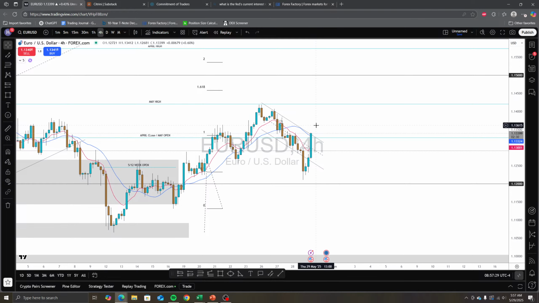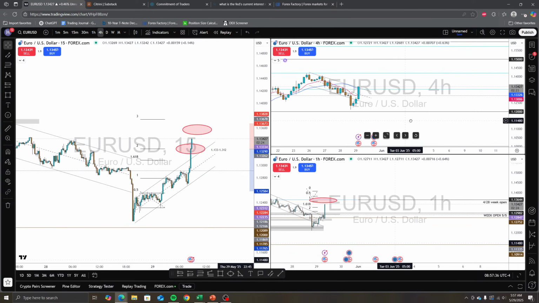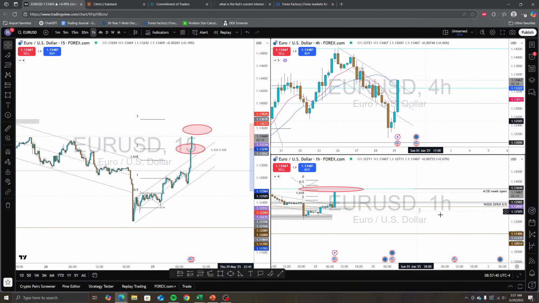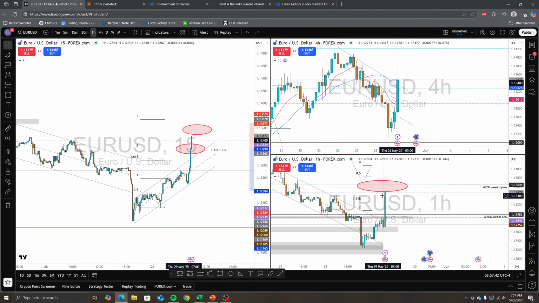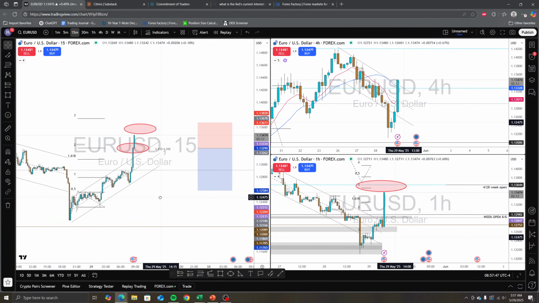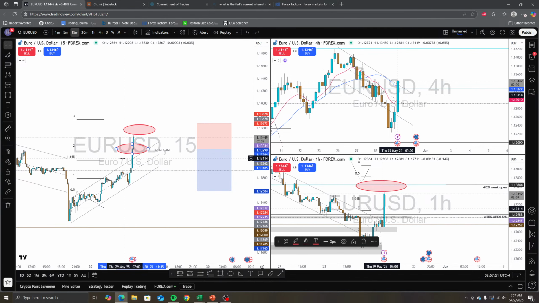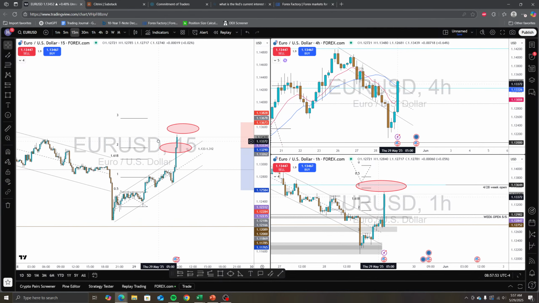Because right now I'm still looking to go short, but this looks a little fishy. The 6 hour candle is about to close right now. That's a really deep candle. And on the 15 minutes, if I hit this top zone right here, definitely a price run. Definitely trying to go somewhere.